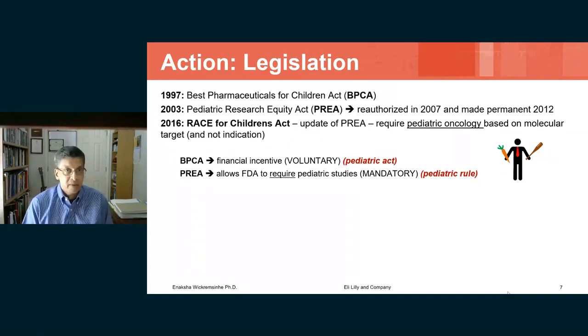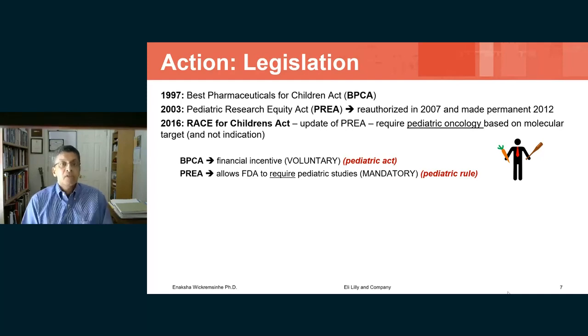So 1997 was the Best Pharmaceuticals for Children Act, called BPCA. In 2003 came the Pediatric Research Equity Act, called PREA. This was authorized in 2007 and made permanent in 2012. Then in 2016, the RACE for Children Act was passed, which basically required pediatric trials even for pediatric oncology